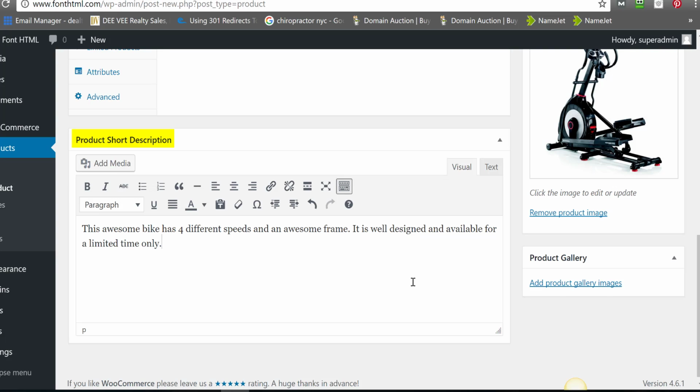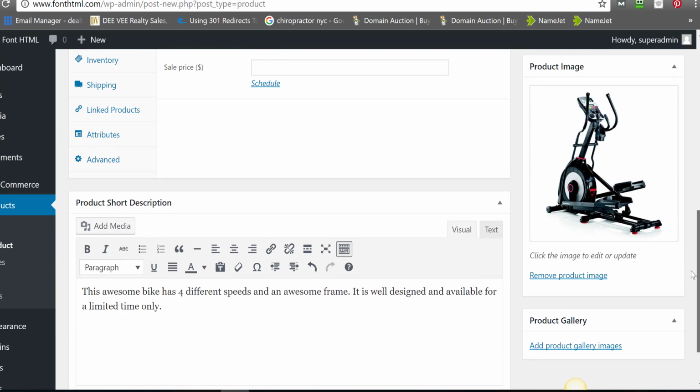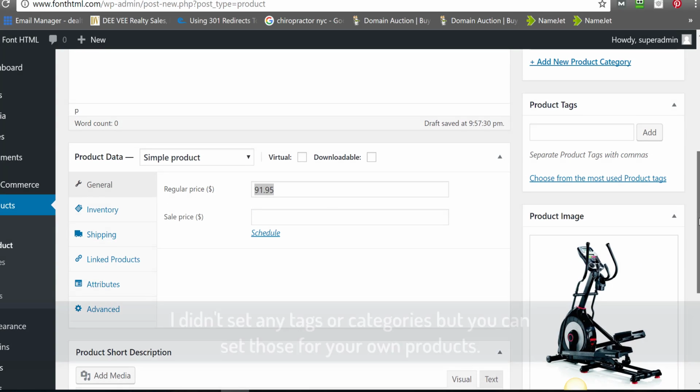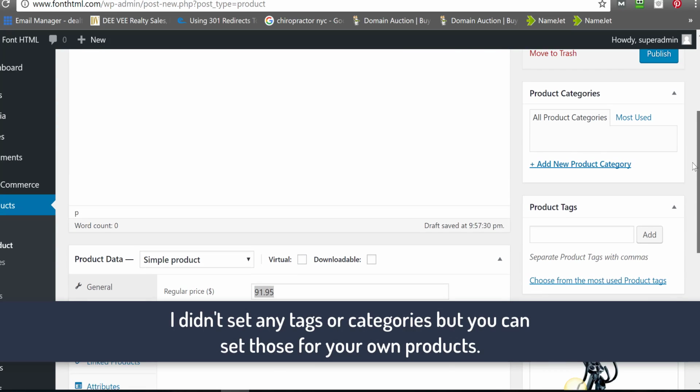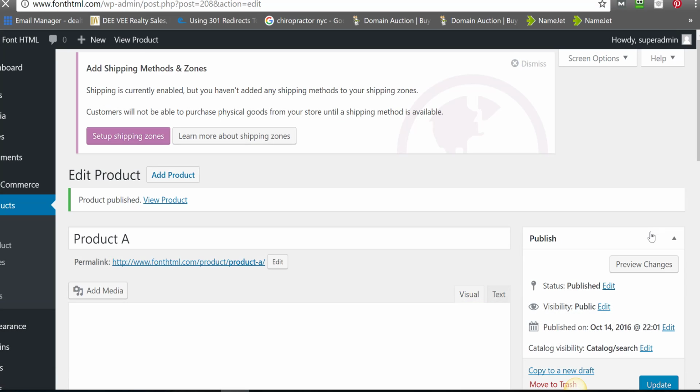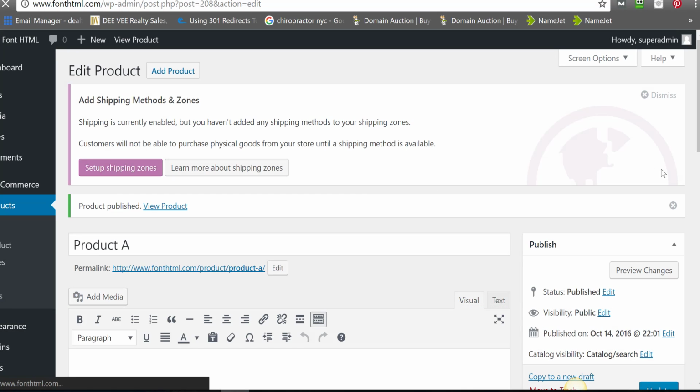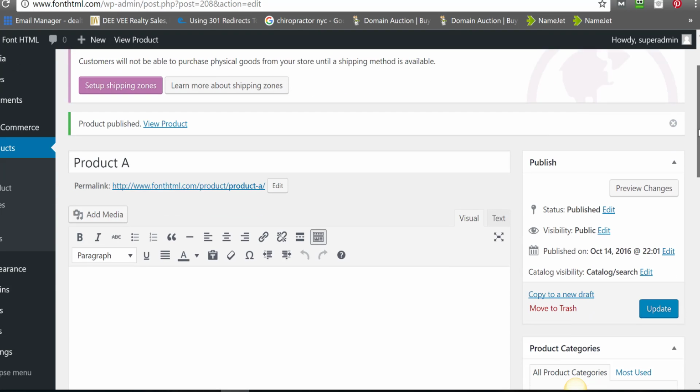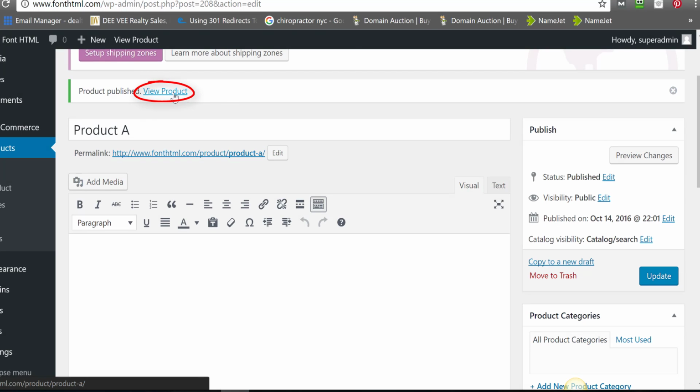Okay, pretty awesome description. And you could set in your product gallery multiple images if you had multiple samples of the product itself. As far as I'm seeing, this product is good to go. We have set up everything that we need to set, and so we're just going to click on publish. So once published, the item is added to your store, and you'll be able to click on view product